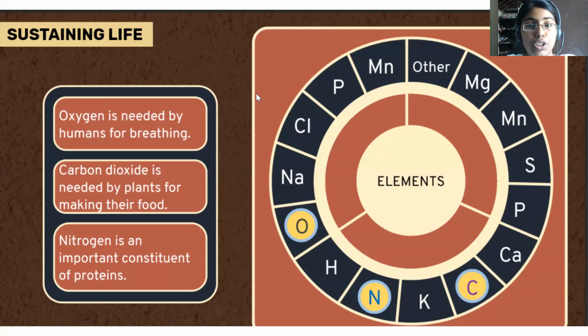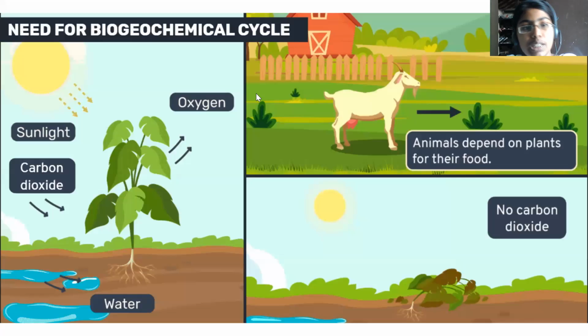These are very important for human life and animal life to exist on the earth. Although we have many elements like magnesium, sulfur, phosphorus, calcium, they are also very important, because our human body is made of them. For example, teeth are made up of calcium, and blood is made up of iron, and so on. But the major components are oxygen, carbon dioxide and nitrogen. These are very important elements, because of this we have a balanced life. This we call the biogeochemical cycle.